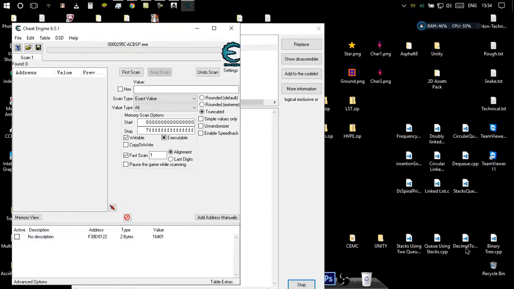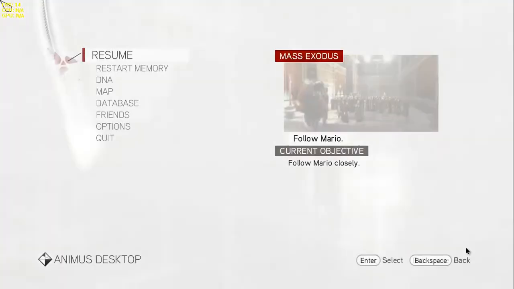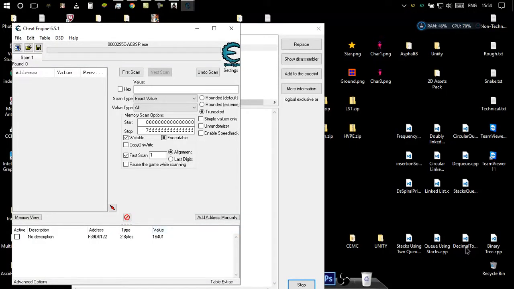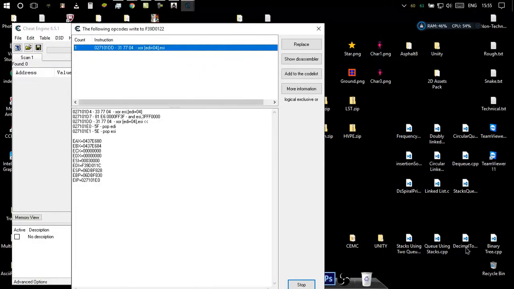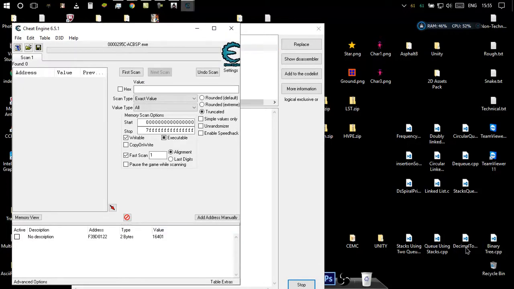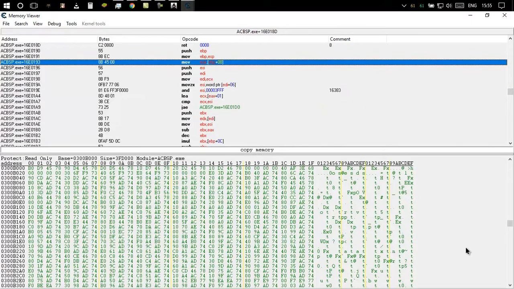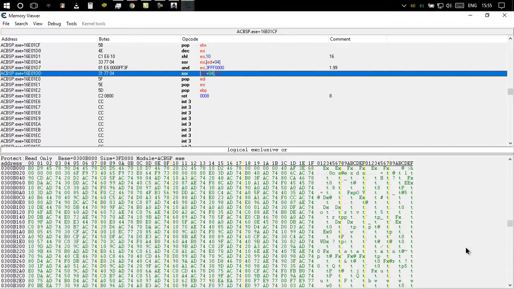As you can see, this is an encrypted value. I'll show over here, see, 16401 has nothing to do with our present value. I'll show you the present value. The present value is supposed to be 17, but it is encrypted by this XOR instruction and put into 16401, and you can also see that it is being brought from a stack. So this code which we have found isn't the code which is writing the real value, it is the code writing to the display. So we need to backtrace it